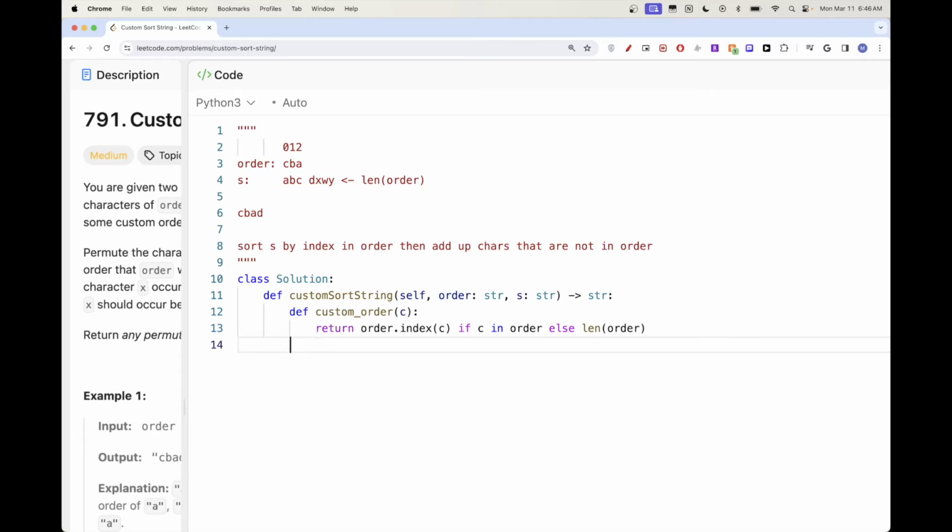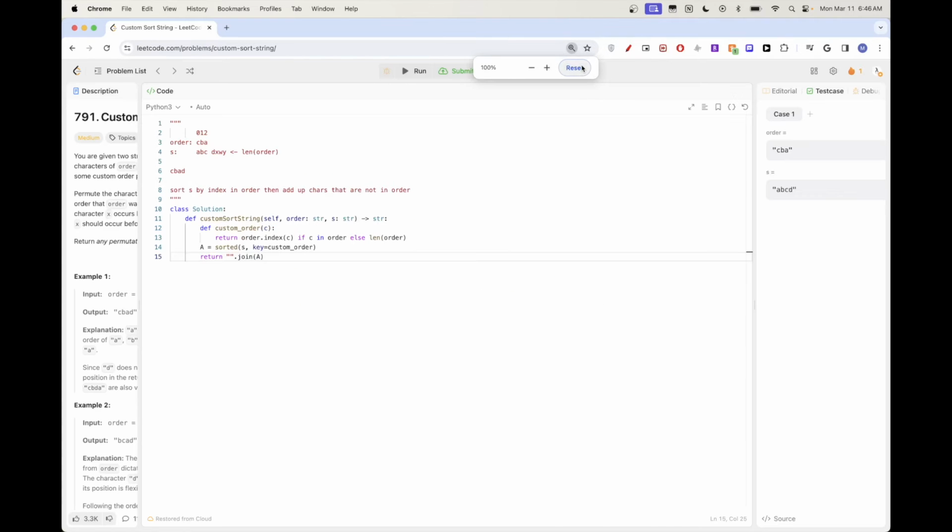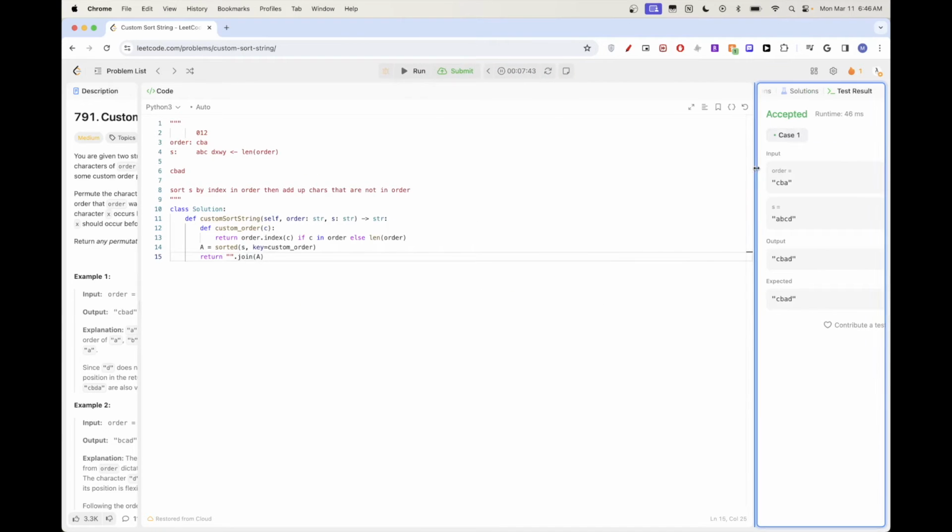Okay, and then we can just sort s using this custom order, right? And now this will give us a list, and so we will need to join it with an empty string to get back a string. So we can just do something like this, okay? And that should be it. So if I run this, submit,